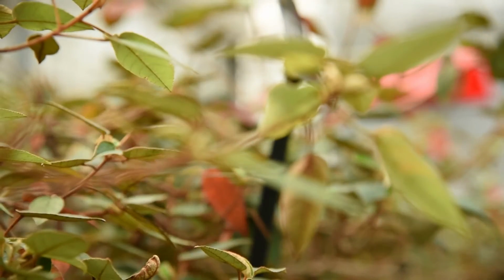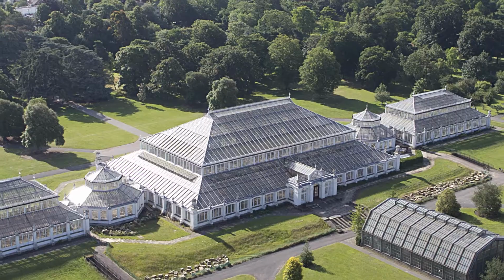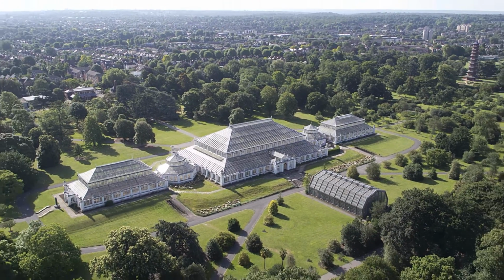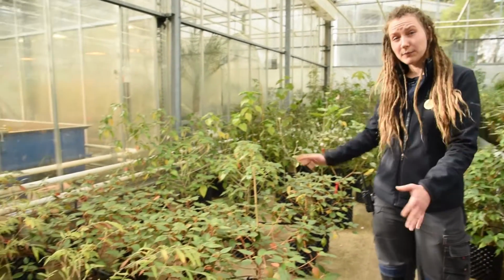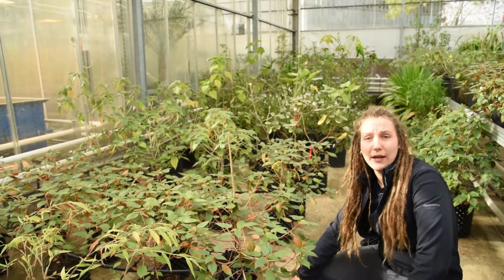Other than that, in Zone 1, one very big aspect that we're covering here at the moment is our Temperate House restoration. The Temperate House is the biggest Victorian glasshouse that we have got in the world. It's being restored because of the facilities being old, so that meant that all the plants had to be decanted. And all the plants that you can see here on my right are all plants that once upon a time were in the Temperate House, but consequently now live here in the tropical nursery until they go back onto display